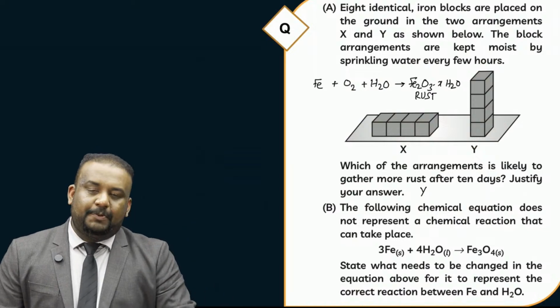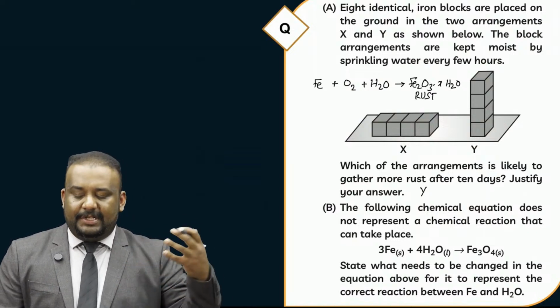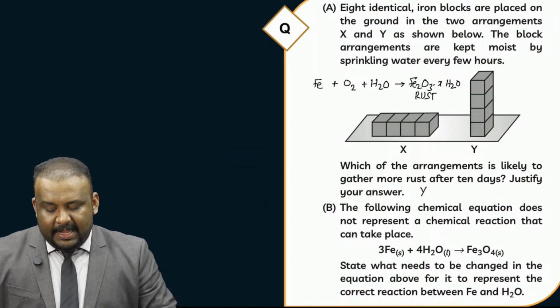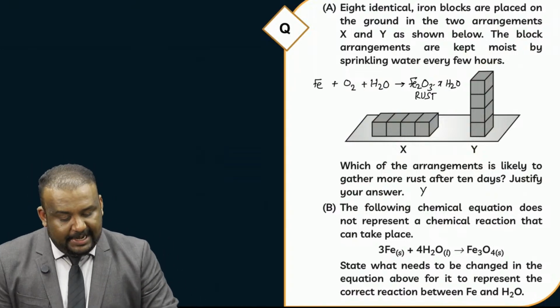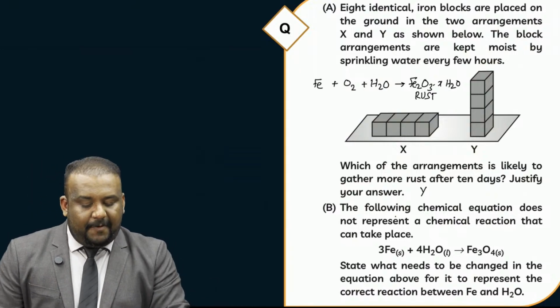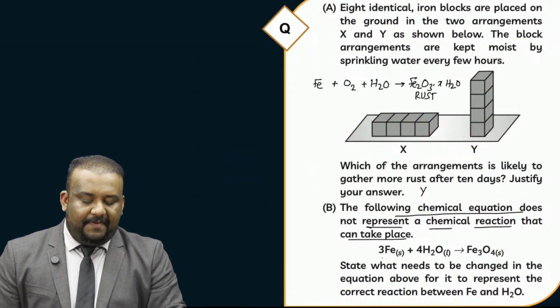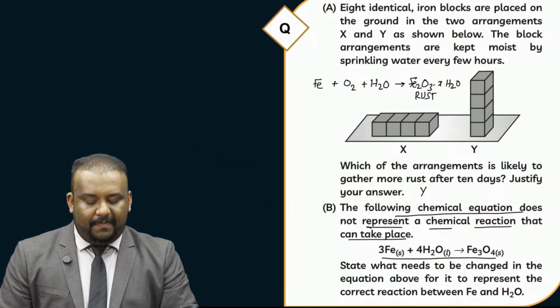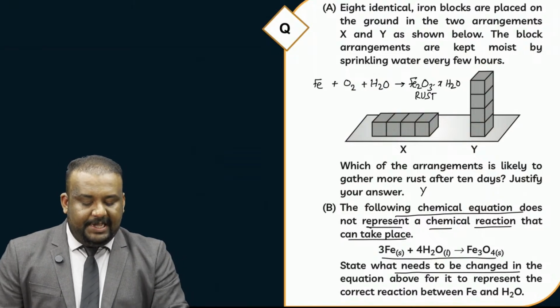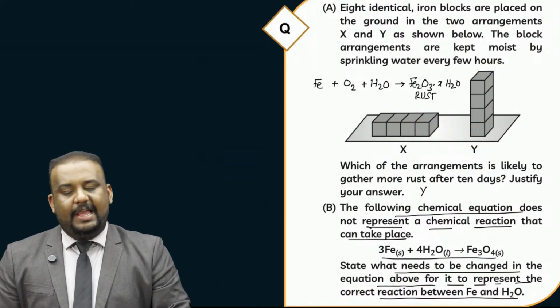The metal has to be exposed to both the agents, that is oxygen as well as water. Right. So the first part is clear. Now let's read the next part. The following chemical equation does not represent a chemical reaction that can take place. Fe plus 4H2O gives Fe3O4. State what need to be changed in the equation above for it to represent the correct equation between Fe and